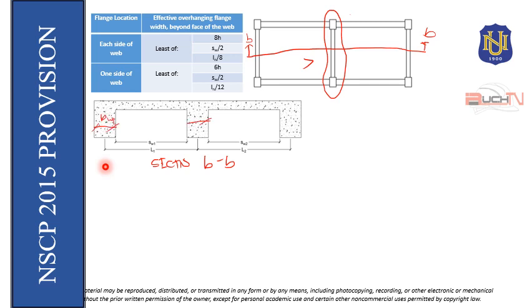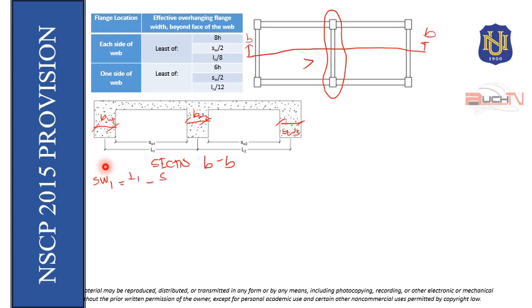Then, yung width nito will be BW sub 2. And yung width nito will be BW sub 3. So, para makuha natin yung clear distance to next web, dapat is SW sub 1 will be equivalent to L1